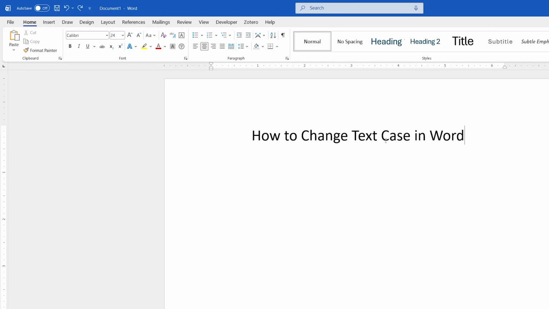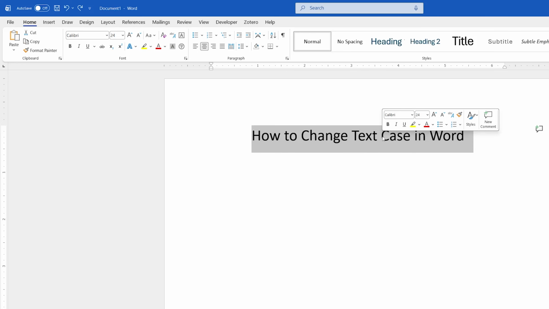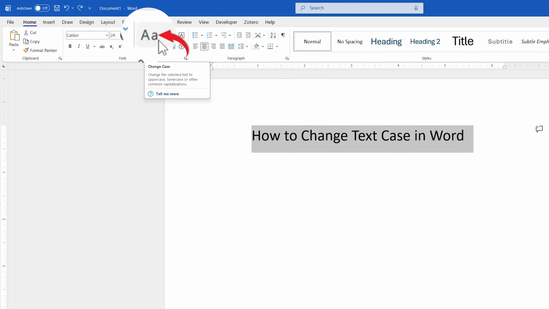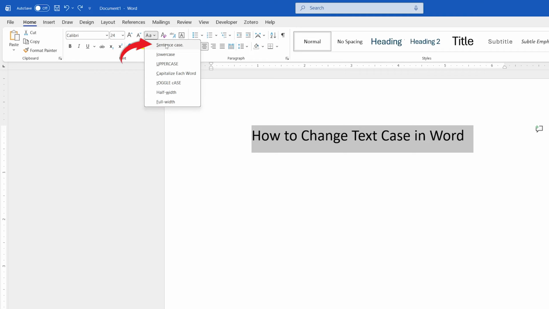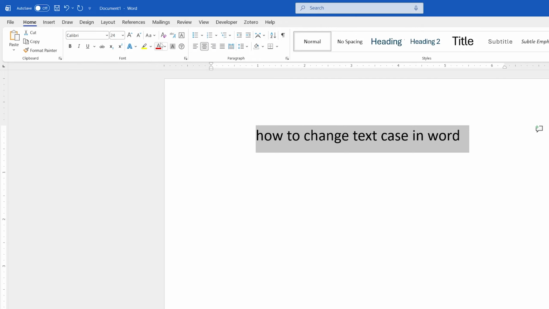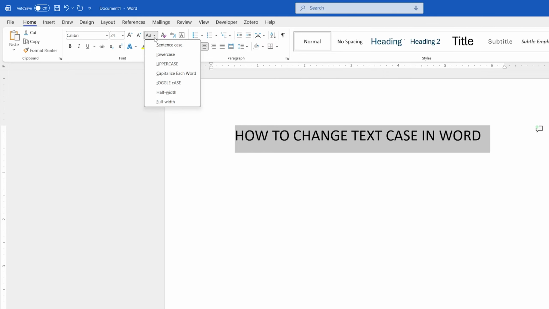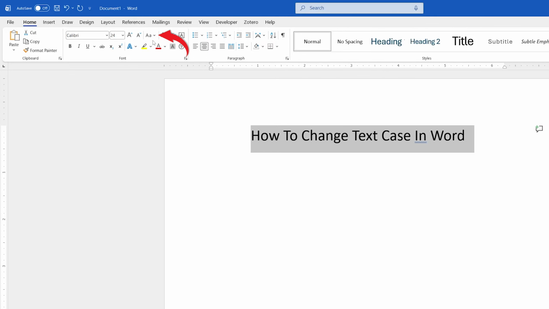To do this, we need to first select the text you want to change, then go to the font group underneath Home, and we're going to look for the capital A and small a. This is Change Case. I'm now going to select on the downward arrow. Here we've got Sentence Case, which provides a capital letter and full stop. And then if we go back, we've got Lowercase, which changes all the letters to lowercase, Uppercase, Capitalise each word,